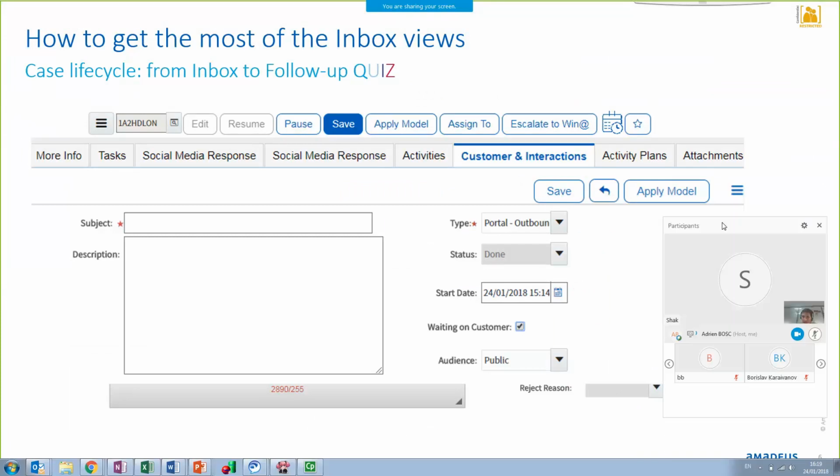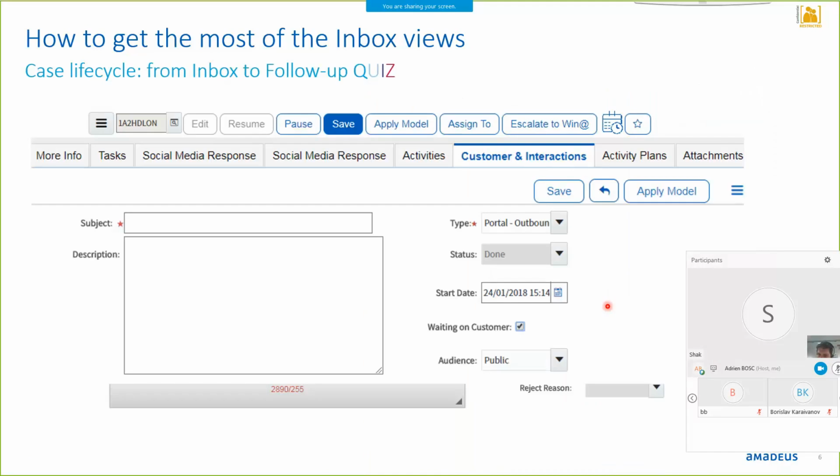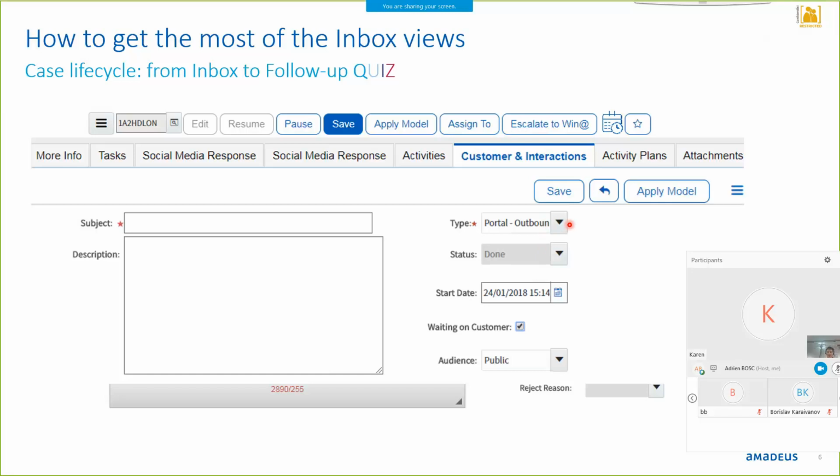Any question on these moves? No. Good. So I will. Yes. I'm going to talk about it right now.